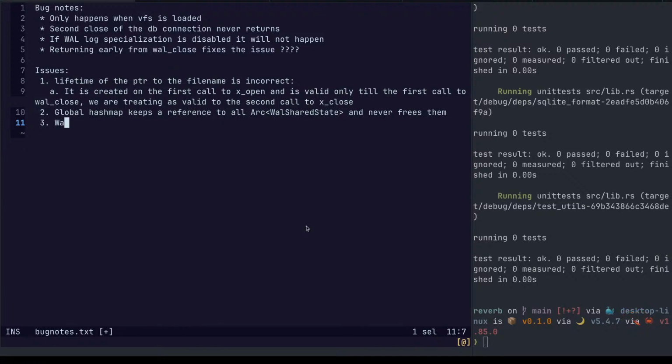The wall shared state should be valid until the last call to wall close happens. Okay. I like it.